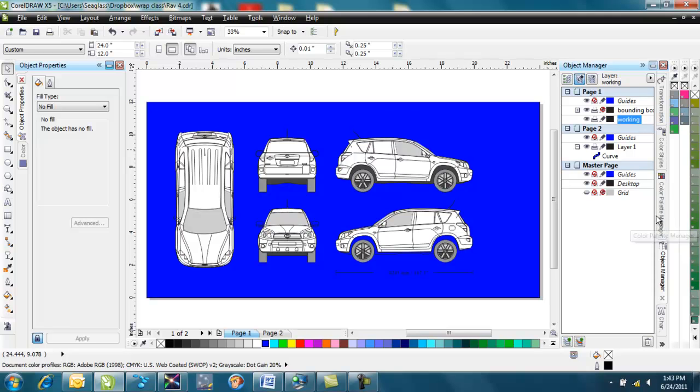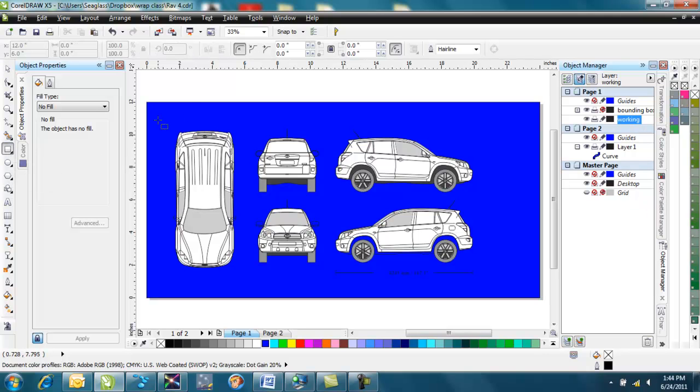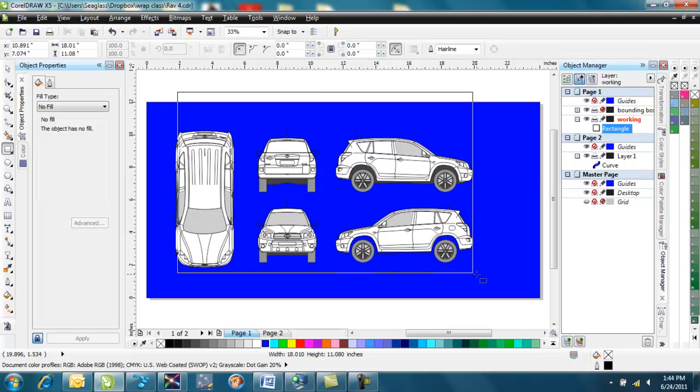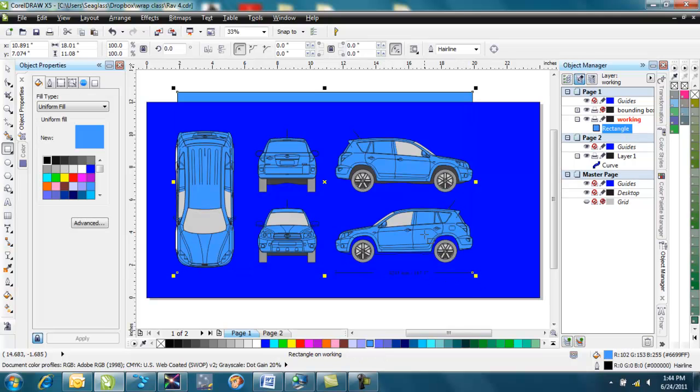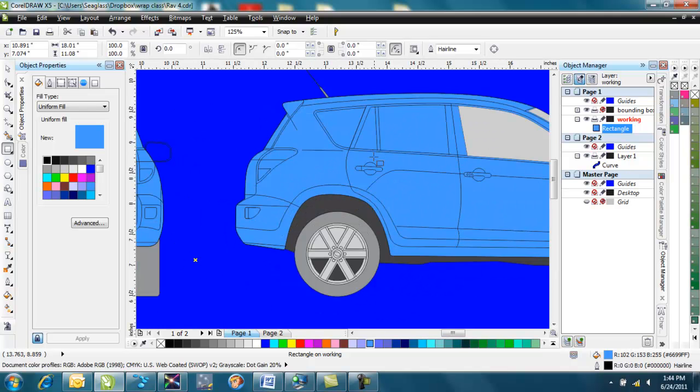And now when I design something in here, since this layer is behind the bounding box, we'll take a square and a rectangle and I'll draw it out and I'll fill it with a light blue color down here. You can see it fills the cars, and I can quickly make a proof for a customer from this now, editing on the working layer so they can see exactly where, if I'm doing some text in here, say, I'm going to do